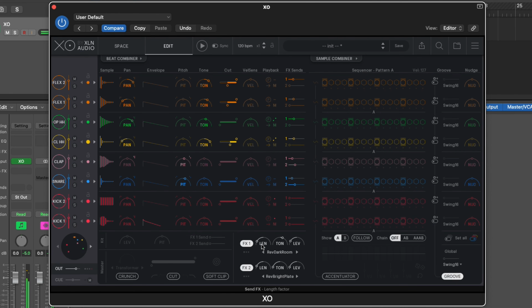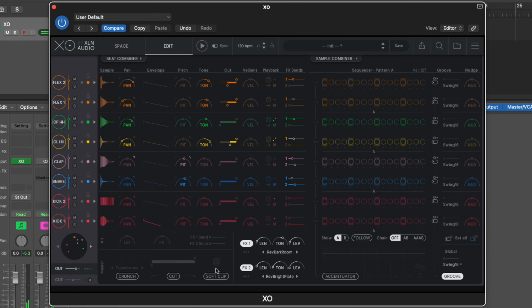Nice. So right here in this kit section, you can control the overall level of all the elements in the kit. So we just bring it all down, all up. You could do the whole pitch, which is helpful if you just want to hear what it sounds like. That's cool. And then you have whole kit effect sends. So if you just want to send the entire kit to the room,